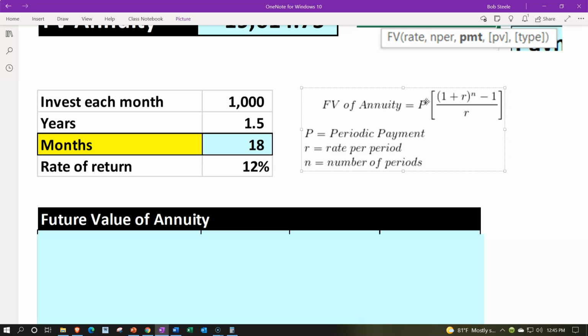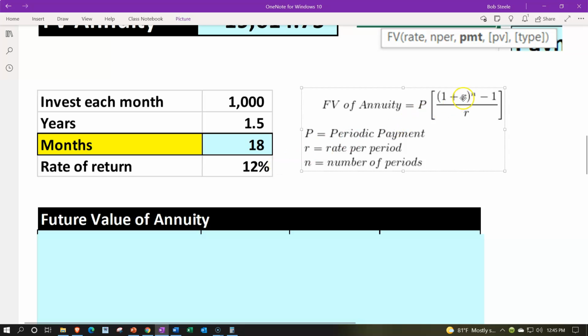It's not 12%, the yearly rate, but the percents need to match. R and N, in other words, need to match. N is in months. Therefore, the rate needs to be in months. You're usually given the rate in years. You've got to take the yearly rate, 12%, divided by 12 to get the monthly rate of 1% in this